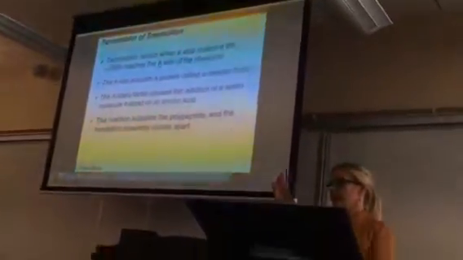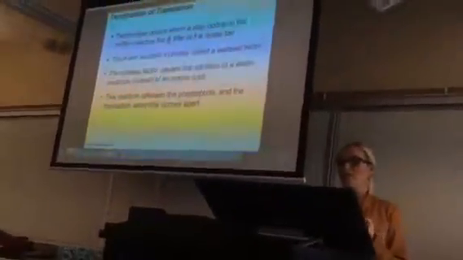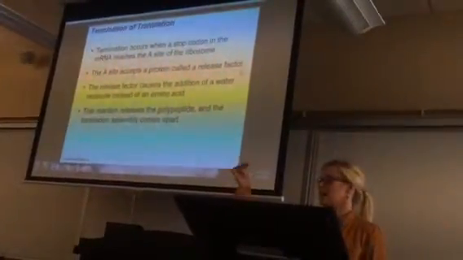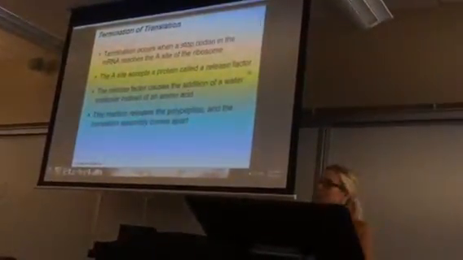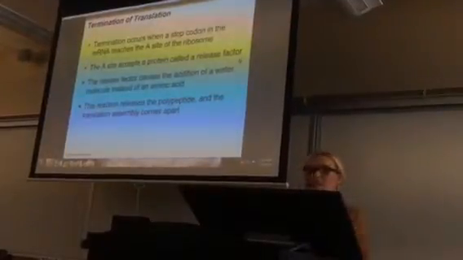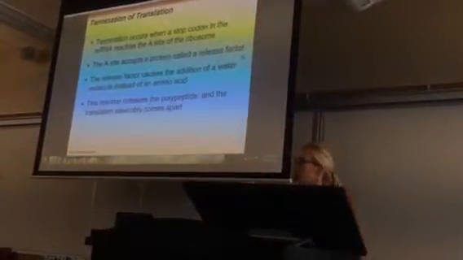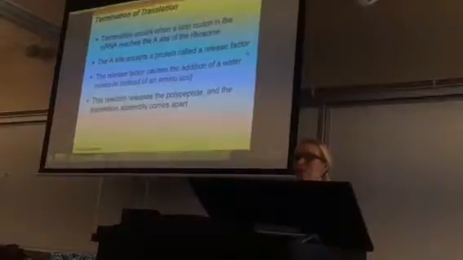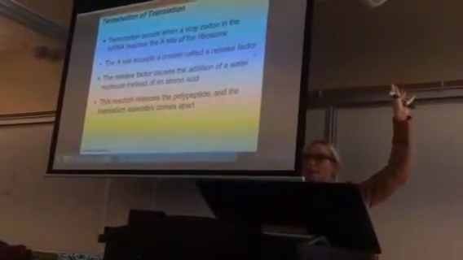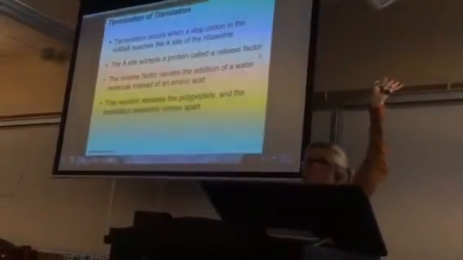So basically, once you get to that stop codon, instead of having a tRNA molecule with an amino acid attached, you get something that's called a release factor that's now going to come into that A site. And when the release factor comes into that A site, it basically adds a water molecule. Think about it like a hydrolysis reaction when we add a water molecule in. And that allows the polypeptide chain to pop off of the ribosome. So now our polypeptide